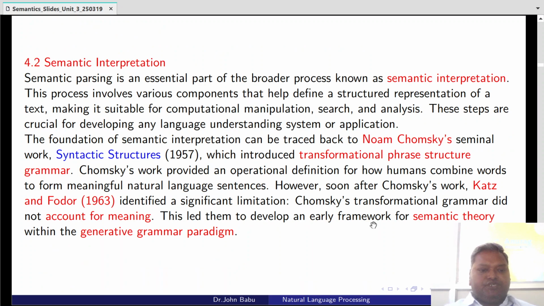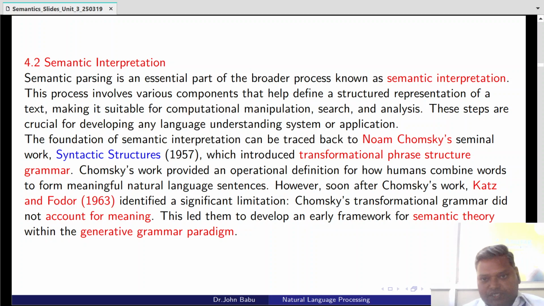Now let us talk about semantic representation. In the previous lecture, we have seen what is deep semantic parsing and what is shallow semantic parsing, and which parsing is used in NLP. Shallow semantic parsing, because it is not complex, is adaptable in different domains. It is simple. So in NLP, we'll be using shallow semantic parsing. So how can we represent this semantic structure?